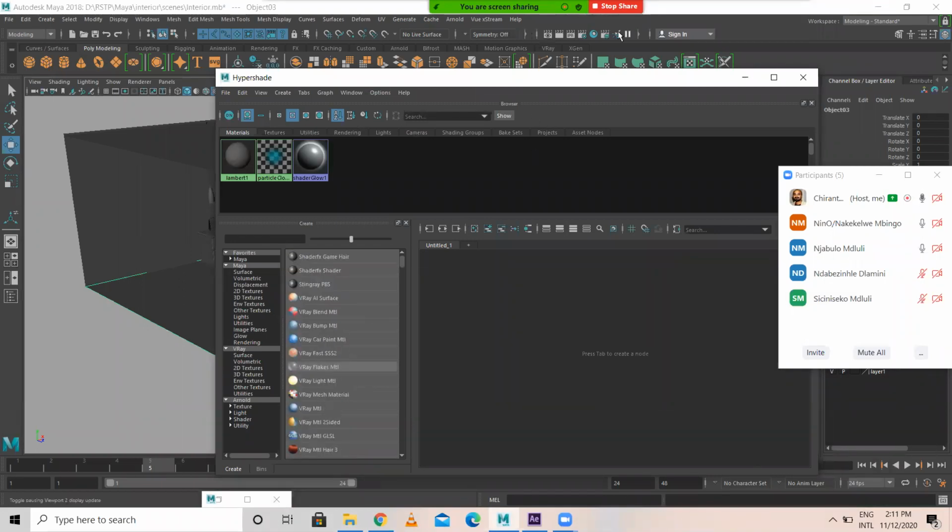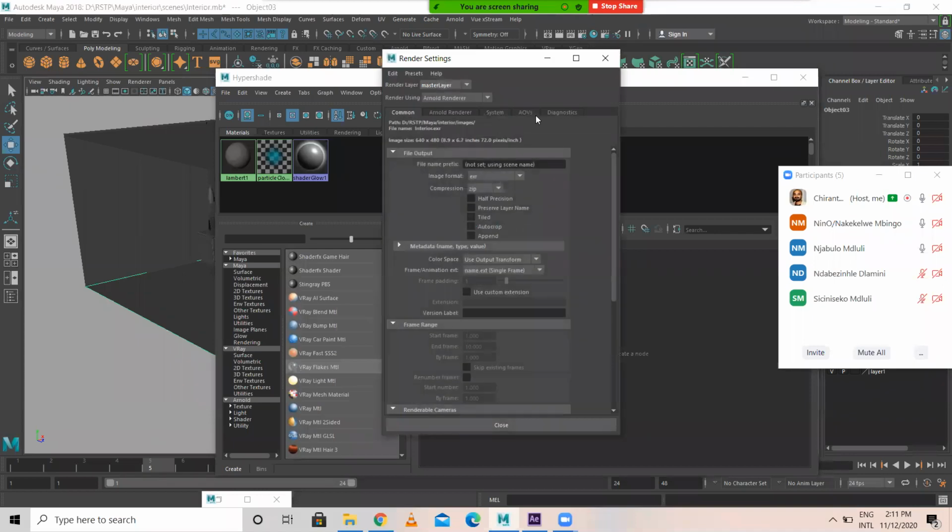Let's say here in Maya, how many render engines are there? Based on the render engine, you can work on the materials also. Now I'm selecting this particular setting. This is the render setting. There are Maya Software, Hardware, V-Ray, Vector, Arnold renderer. So many are there.